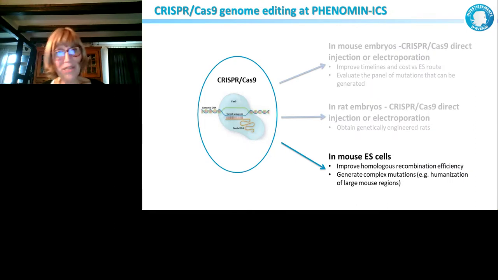Now, more or less to finish, I showed you already one example about CRISPR-Cas9 in mouse ES cells, because we also use CRISPR-Cas9 a lot in mouse ES cells, to generate very complex alleles. These complex alleles, I told you, are very difficult to obtain by microinjection and reconstitution into eggs. That's why we still use mouse ES cells.